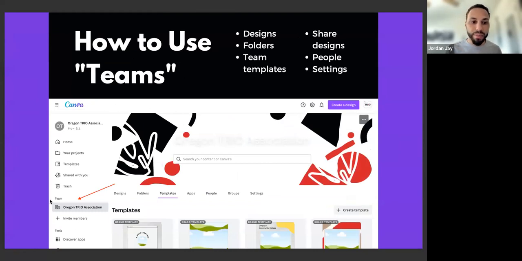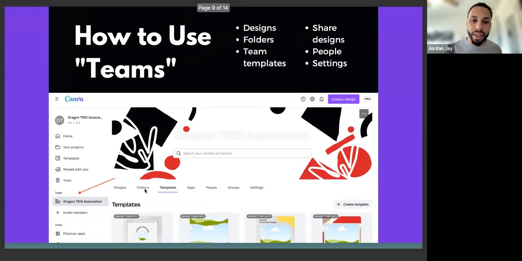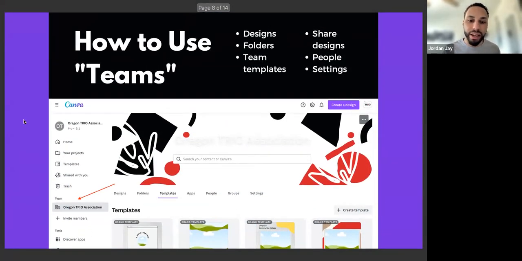So teams, I mentioned briefly the brand templates here under the template section. Apps is on, which is unbelievable. I haven't used it yet, but on Canva, you can design apps as well. I haven't gotten into that, but if you design apps or if you have created an app outside of Canva, you can share them on here.